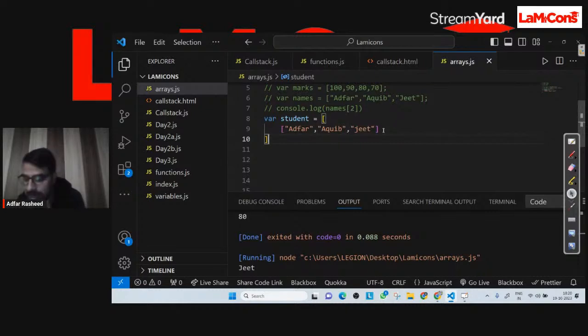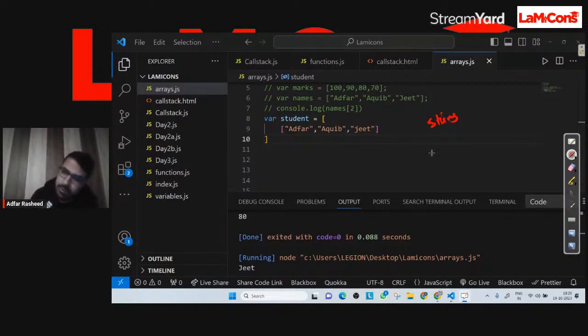There's only one data type in JavaScript, which is string. There's no other data type that will actually give you any idea about chars, like whether you have to store A to B, whatever. There's only one primitive data type, which is string. That's it. And the most important point over here, Jeet, you need to understand is that